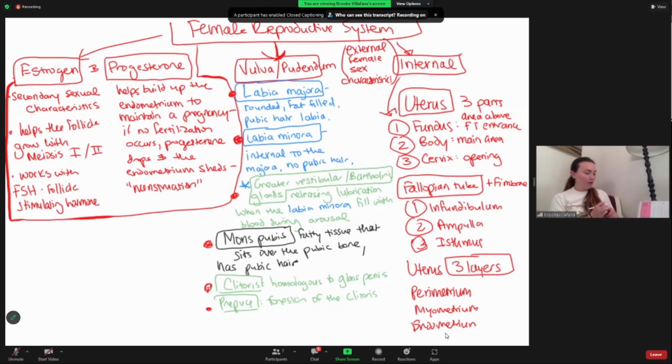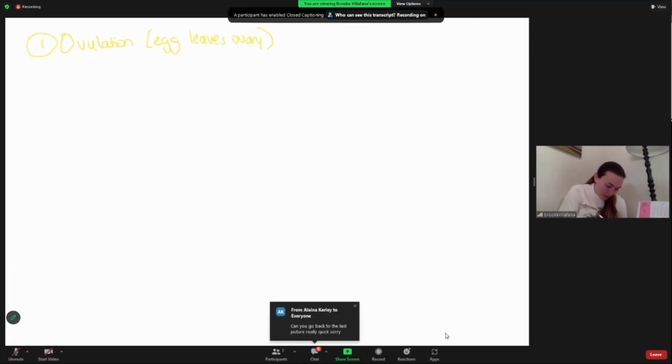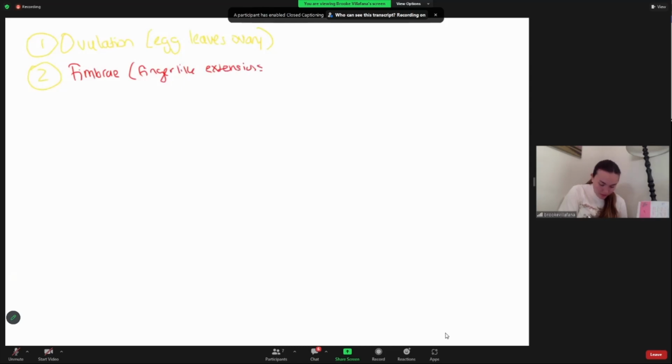Okay, so let's talk about our ligaments. I'm just looking here. So ovulation, I'm going to do like a little recap. Ovulation, egg leaves the ovary. Step number 1. Step number 2, fimbriae, finger-like extensions of the fallopian tube with cilia